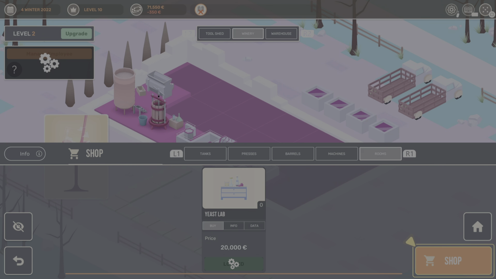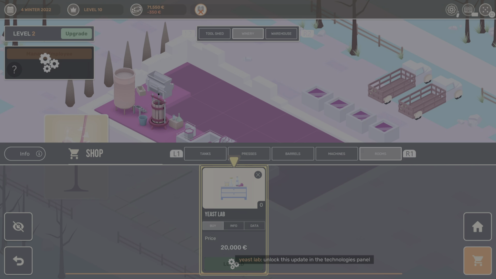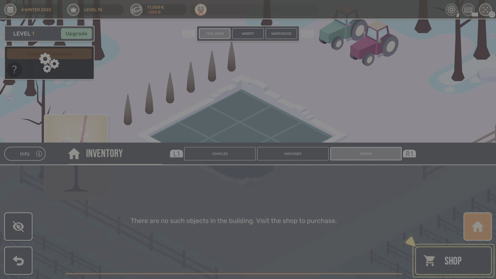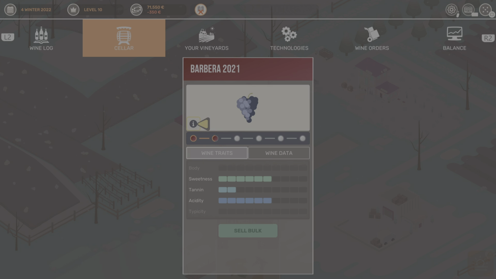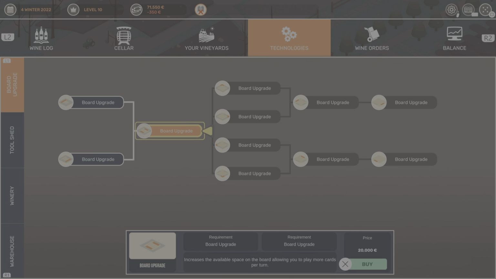Yeast lab. Oh, so right, let's go back. So we do have a bottle machine, we have a crusher. How many rooms? Tool shed. Cleaning room. That sounds like a good idea. Oh, I gotta unlock it. Oh, so we have tool shed. Okay, so